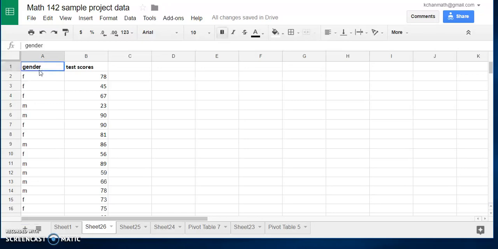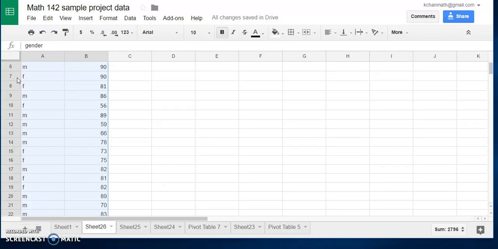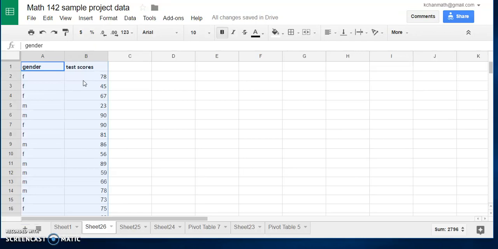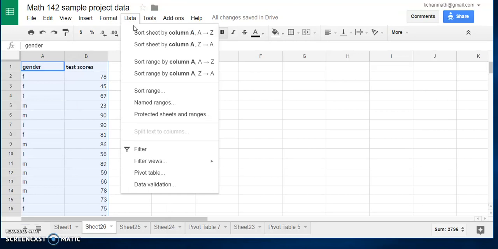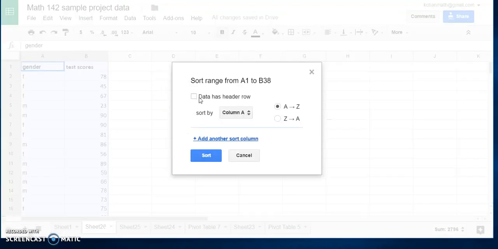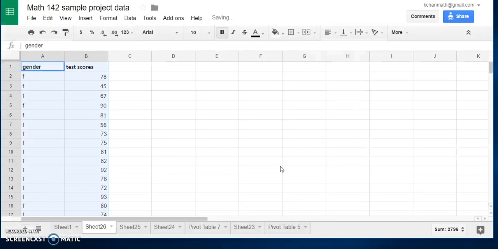So what you can do is again select the whole two columns. One is a categorical classification of the population. The other is the test score. And then you right click. I think you can do data, and then you say sort range, because you're sorting not the column, but just the data range. My data has a header, so you have to click that option. You want to sort by gender, from A to Z, and then you say sort. You see how F is female, 78, the second one is 45,